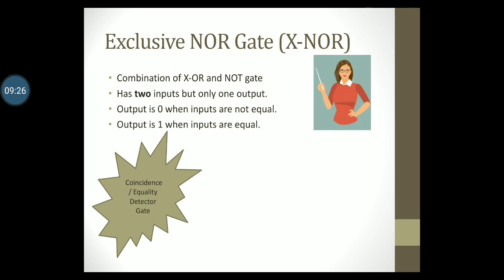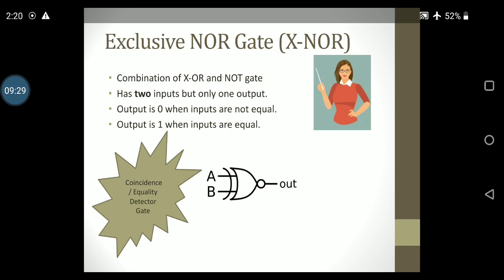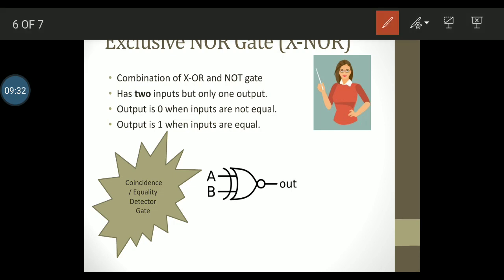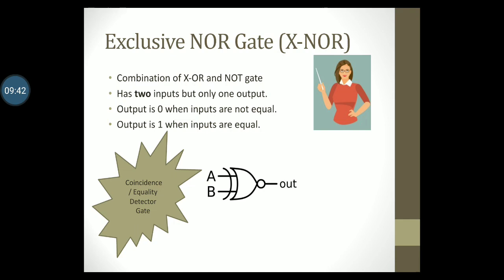The logic diagram for the XNOR gate looks like this. So if you notice here, it is the XOR gate followed by a bubble at the tip. Let us write the truth table for the XNOR gate. Start by writing the inputs A and B followed by the output Q. If A is 0 and B is 0, in other words, both the inputs are equal, then the output of the XNOR gate will be 1.